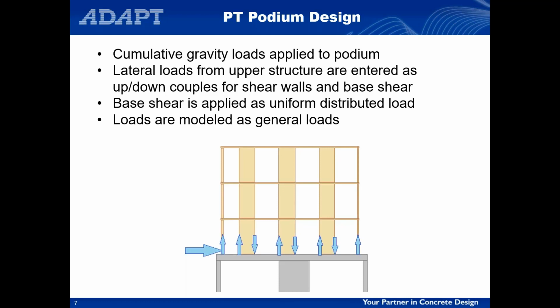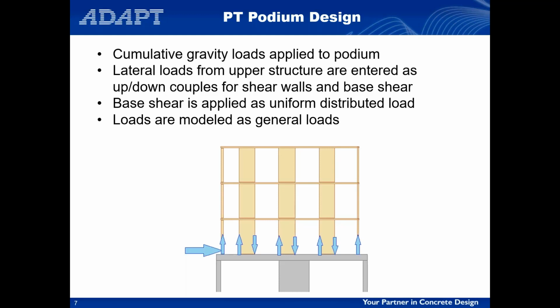We would typically recommend taking the base shear from the upper structure and just applying that as a distributed uniform load on the structure. It doesn't make sense to break that base shear into individual line loads on the slab. You should definitely apply the shear wall forces